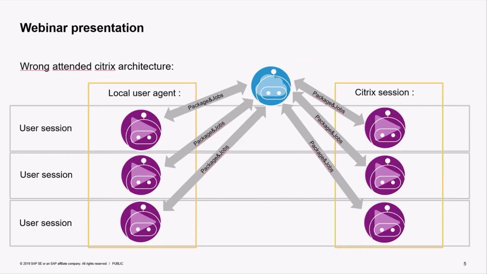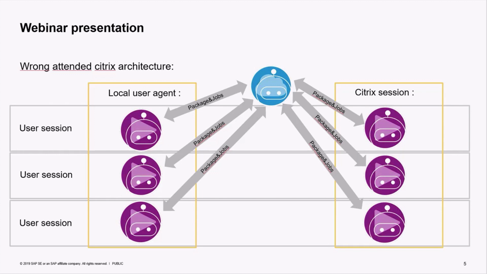With Citrix, you have to understand that you have to install an agent in Citrix. There are other ways. You can pilot a Citrix application through OCR pilot, but the best way to pilot an application in Citrix is to install an agent on the Citrix server and pilot the application with native pilots. And here, if you keep the classic architecture and use the factory to distribute jobs to your Citrix session,